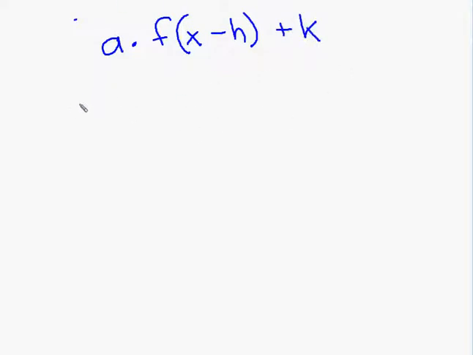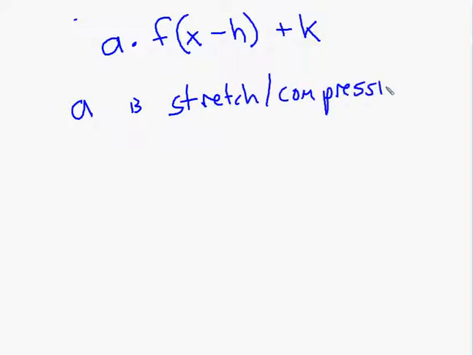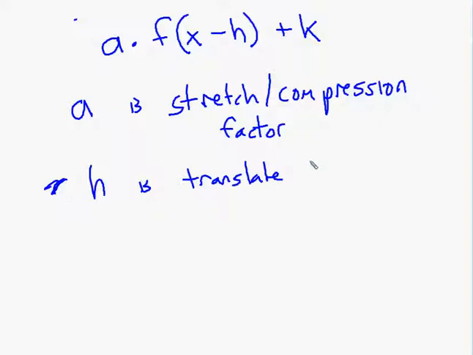My transformation is: a is a stretch or compression factor. H is a translation, left-right. And k is a translation